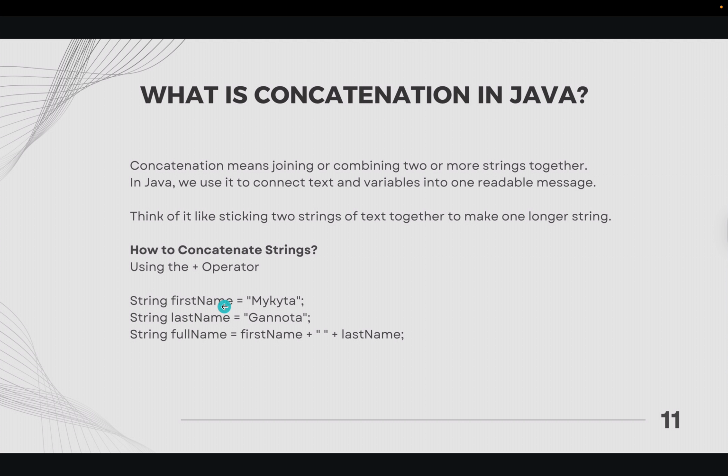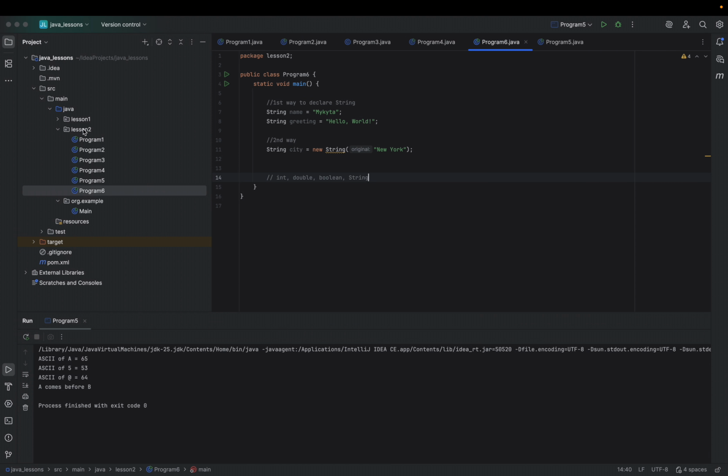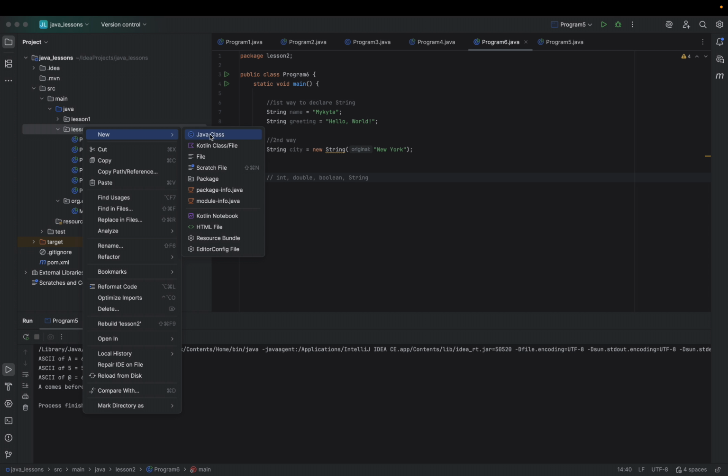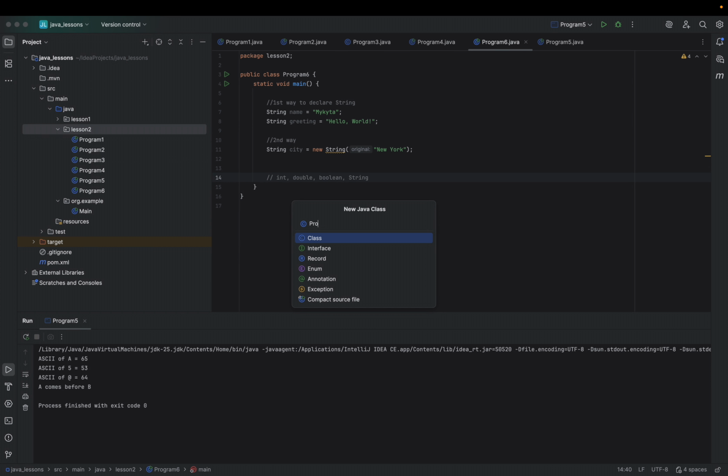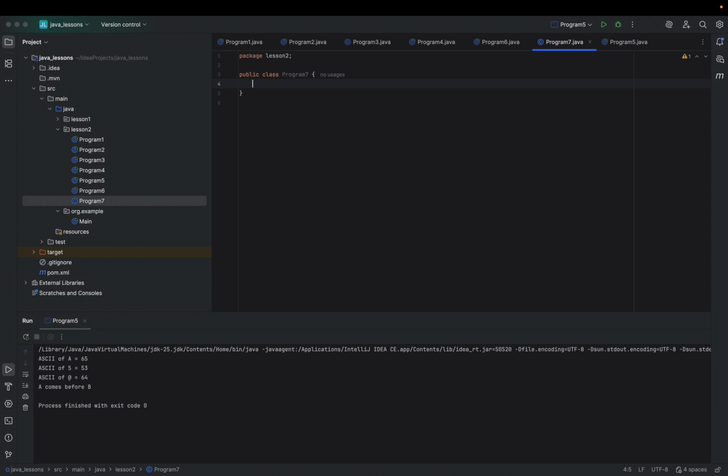So we declared the first variable string, assigned the value, a second variable, assigned the value as well, and in the string full name, we perform the concatenation using the plus sign. So let's go to our IntelliJ. Let's create a new Java class, Program 7, hit enter, main method, string